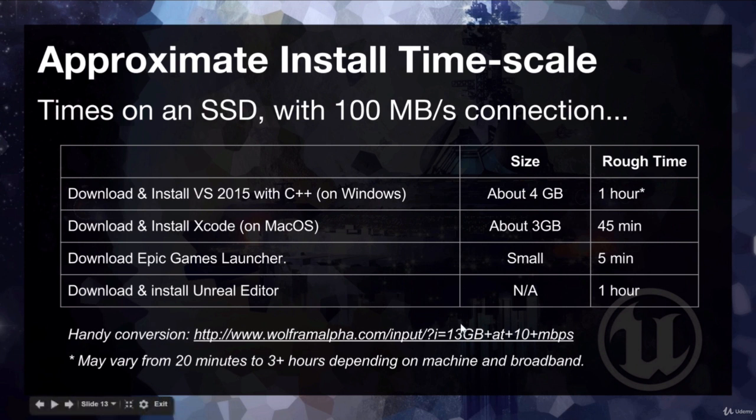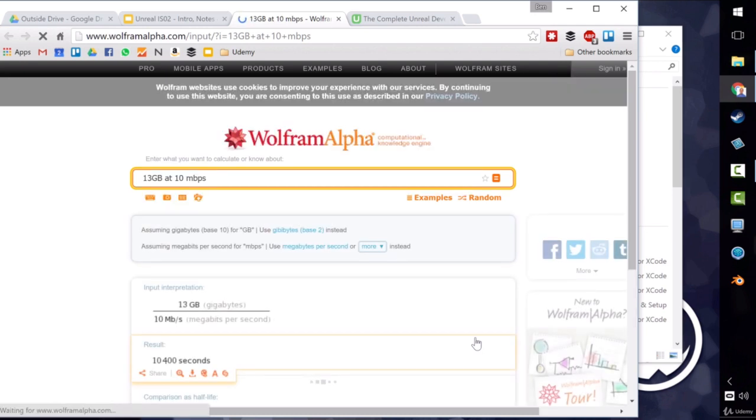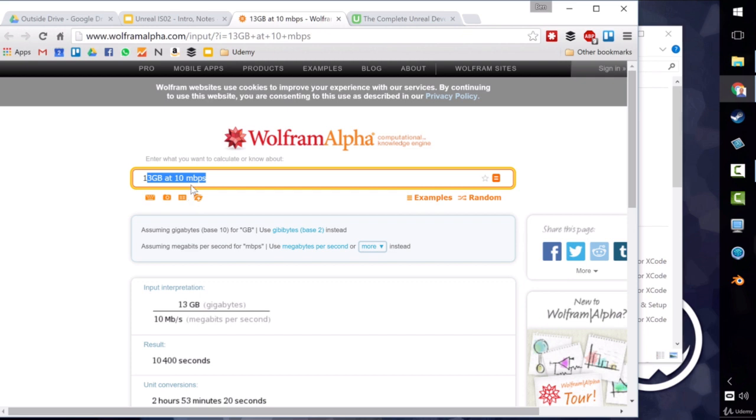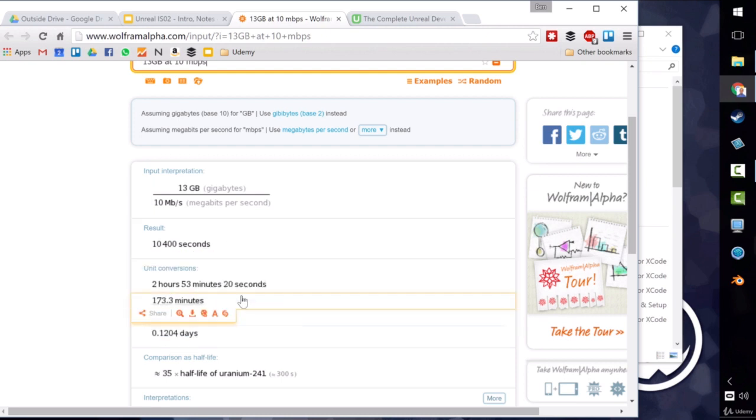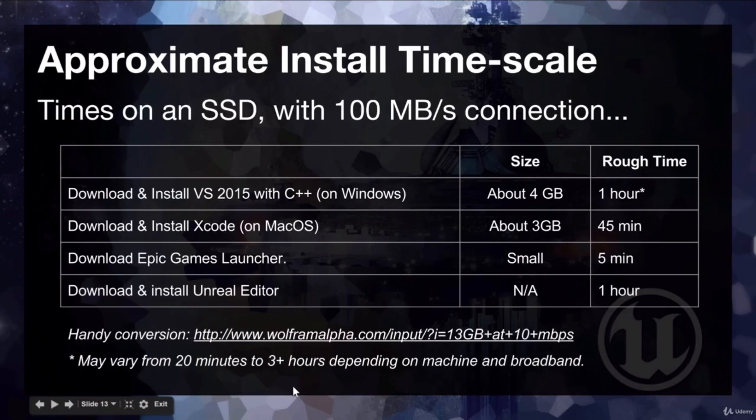Handy conversion for you, just a bit of an extra to the course. If you were to use Wolfram Alpha, it will helpfully convert things for you. Wolfram Alpha is a fantastic tool for doing calculations, and I'll make quite good use of it during the course. Because if you say things like 13 gigabytes at 10 megabits per second, it reiterates the assumptions about what you've said, which is cool, and then gives you really useful units here. So 2 hours 53. That's a bit of a bonus and an aside for the course. While you've got your things downloading,